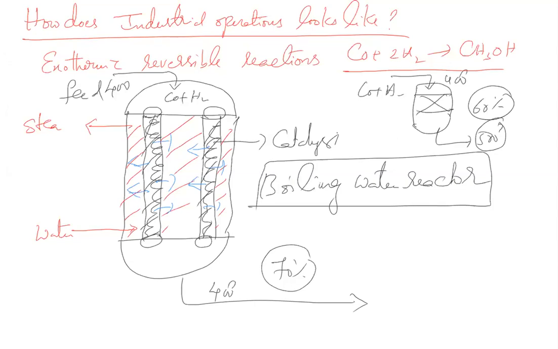Water is used to remove the heat. Sometimes water may not be possible. Sometimes we will use some special liquids. Suppose here the temperatures are in the range of 400, 300, I am using water. Suppose you are talking about 500, 600, then water-based heat removal may not be possible. Then you use some fluids which have a high CP, something like Dowtherm, or high molecular weight fluids, basically, so that they will withstand the heat.